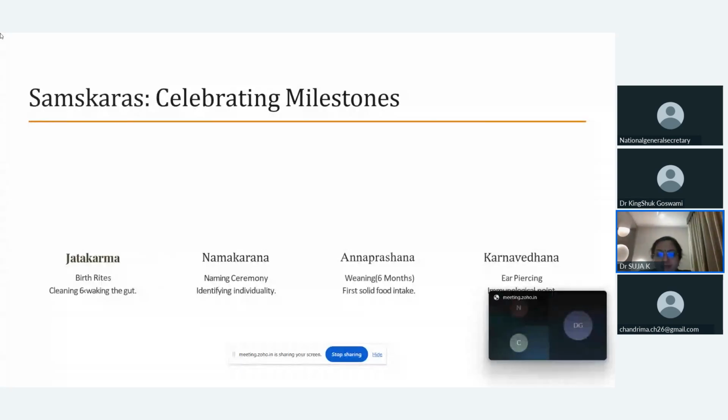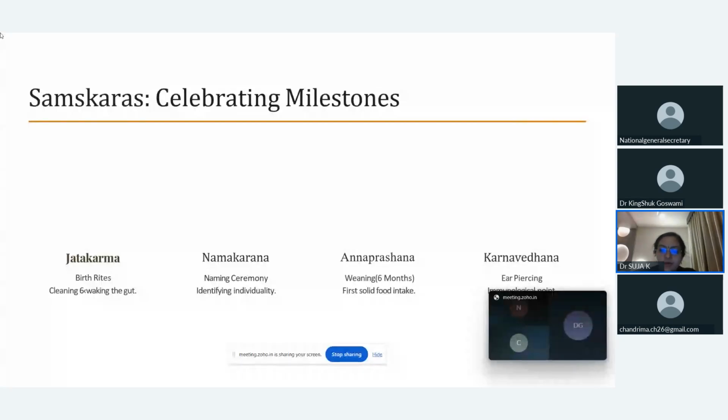Regarding the Annaprashana, Annaprashana is a samskara where the child is administered rice products. The Acharyas have a difference of opinion. Acharya Kashyapa has mentioned it should be done from the 10th month onwards. Other Acharyas have suggested the 6th month onwards, when there will be teeth eruption. The child requires additional calorific values. Not only that, along with breastfeeding, they require other nutritive and energy-rich foods. So that's why we are administering the rice items,